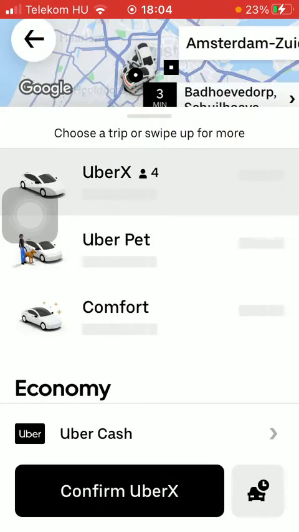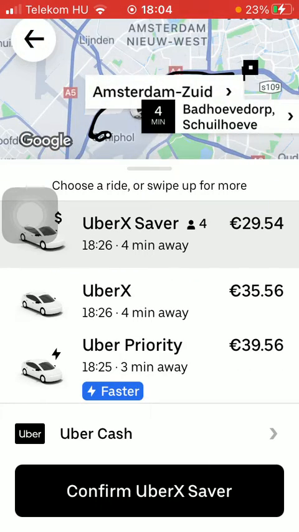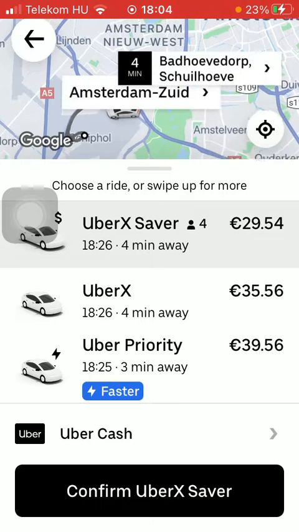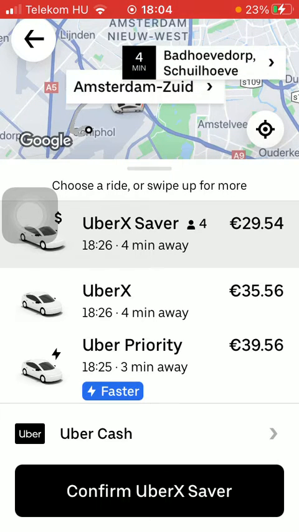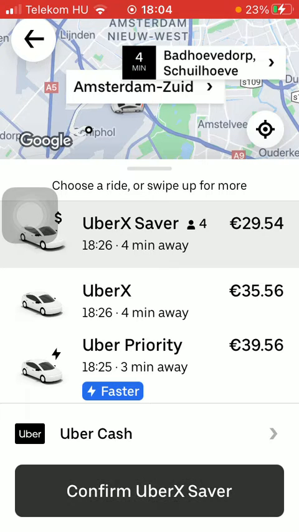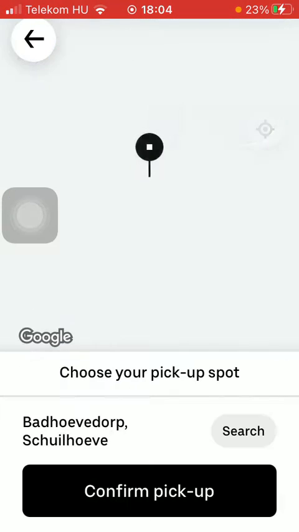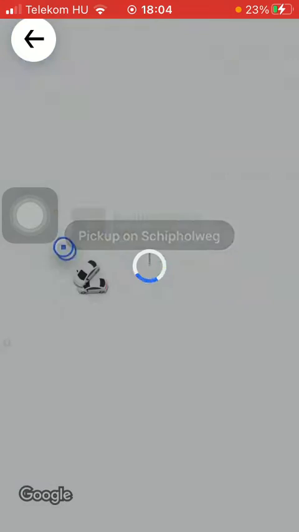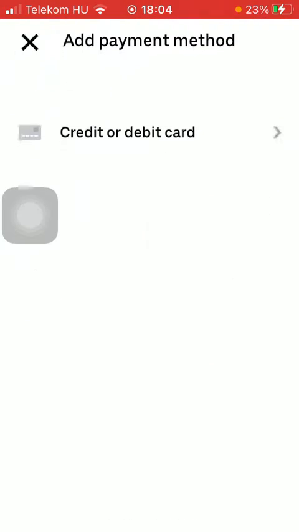Here you can see the route on the map, including your destination, departure point with all of the stops. Then you should select the confirm UberX saver section, tap on confirm pickup, then you should select the payment method that finalize the process of